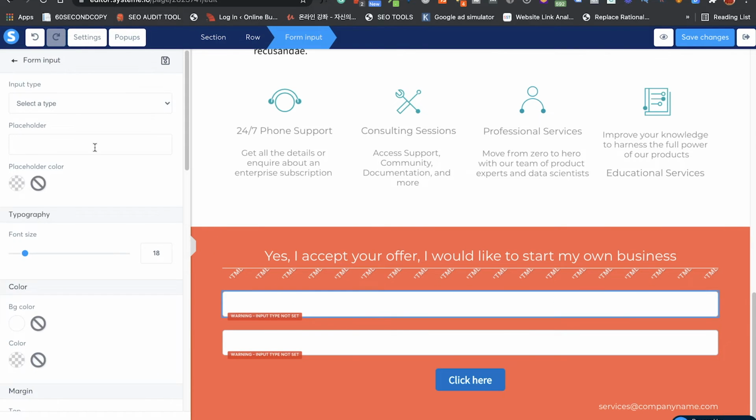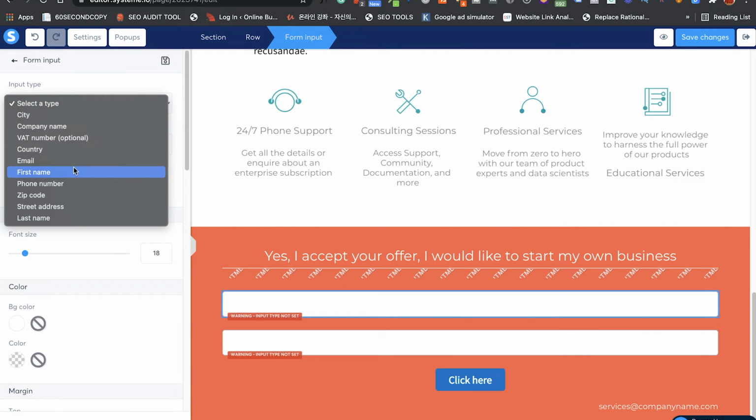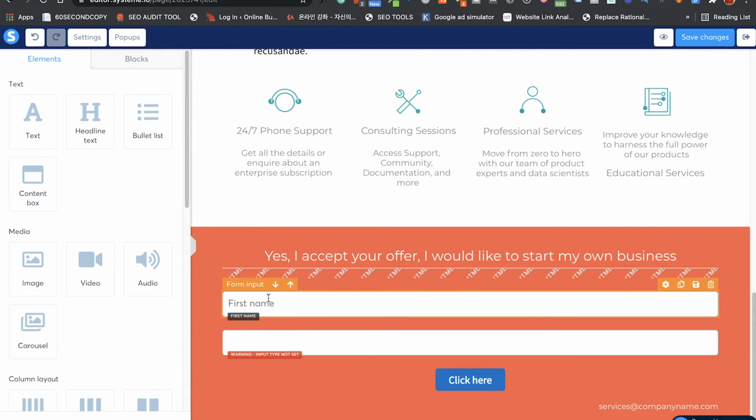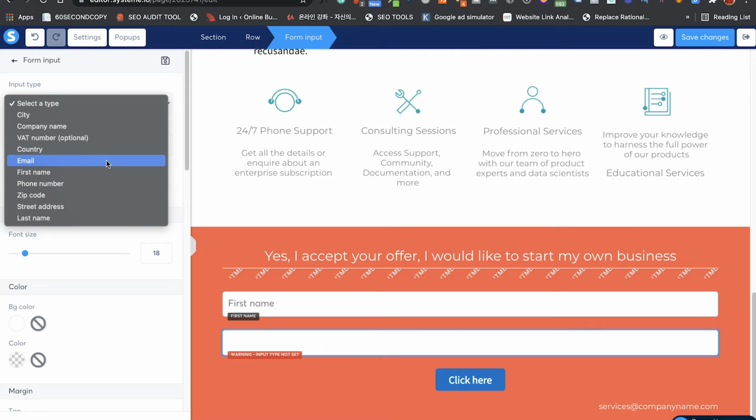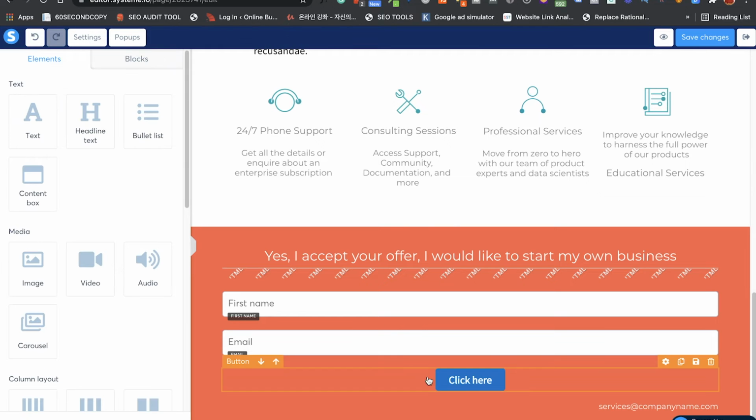So for this first form here, I want to select, it should be their first name. For this one, I want them to input their email address. So input your email address here. And for the button,